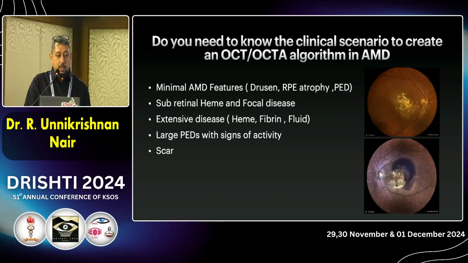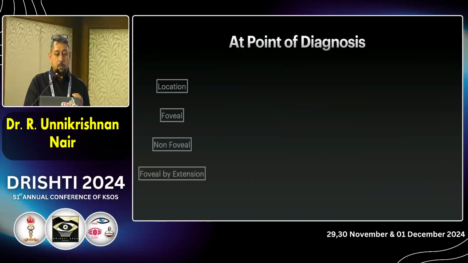Sometimes, do we actually need other investigations to diagnose AMD? Sometimes we do not. It's very obvious when you have hemorrhages or drusen or other things like that. But at the point of diagnosis, there are other criteria we need to find, like what is the location, whether it is foveal, non-foveal, or foveal by extension. That will determine the visual acuity. So this is an algorithmic approach. When you see a lesion, is it going to affect